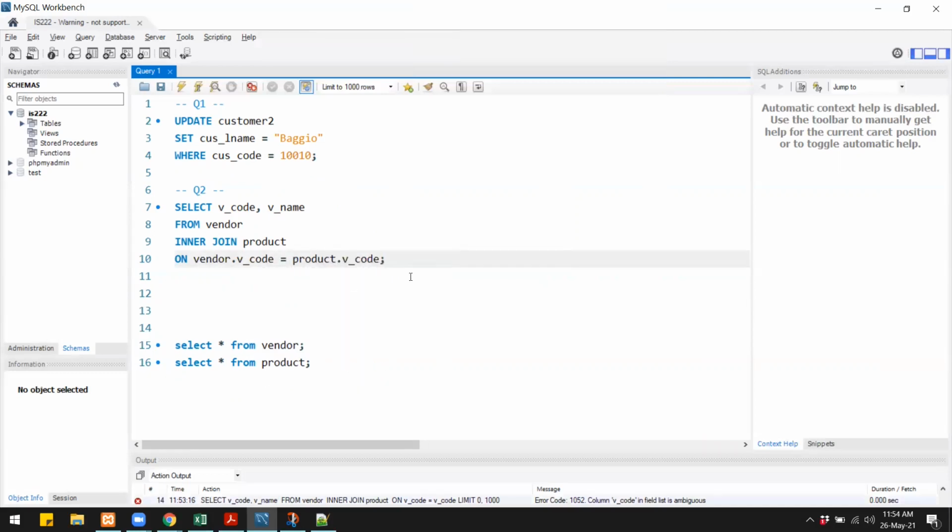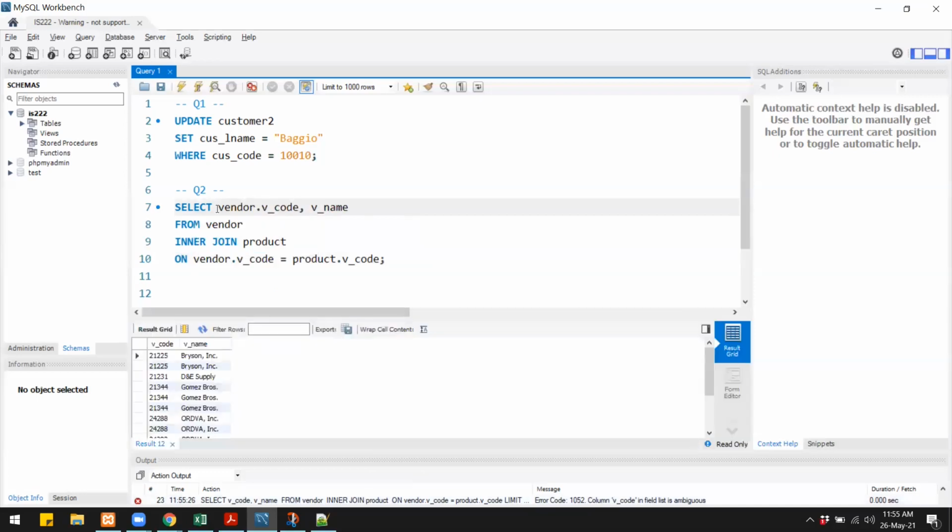Now when I run it, we still get the same error, and that is because we again have a vendor code that the database is not sure about. It doesn't know whether to get this from the vendor table or the product table. So we will say that this vendor code is coming from the vendor table. Now when I run it, we get the data.